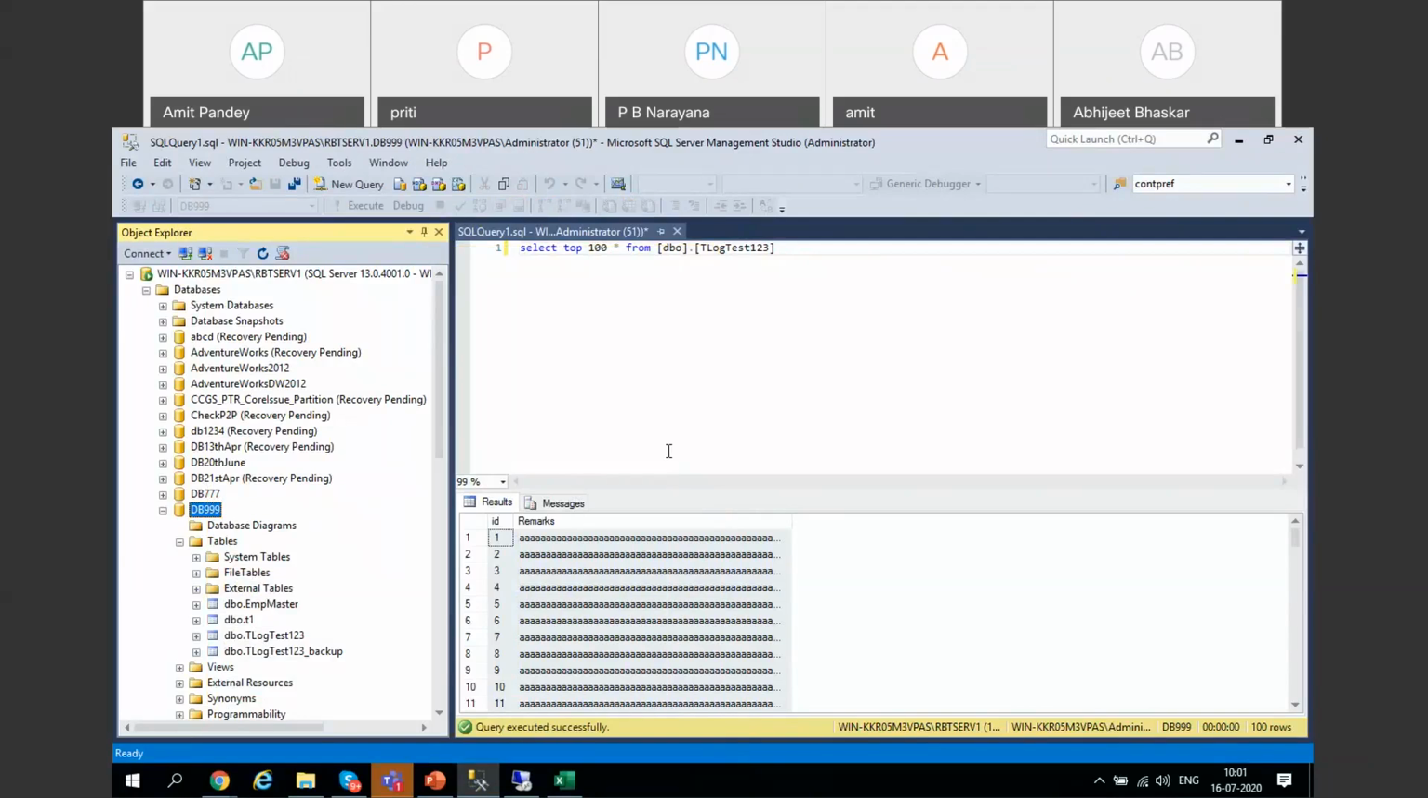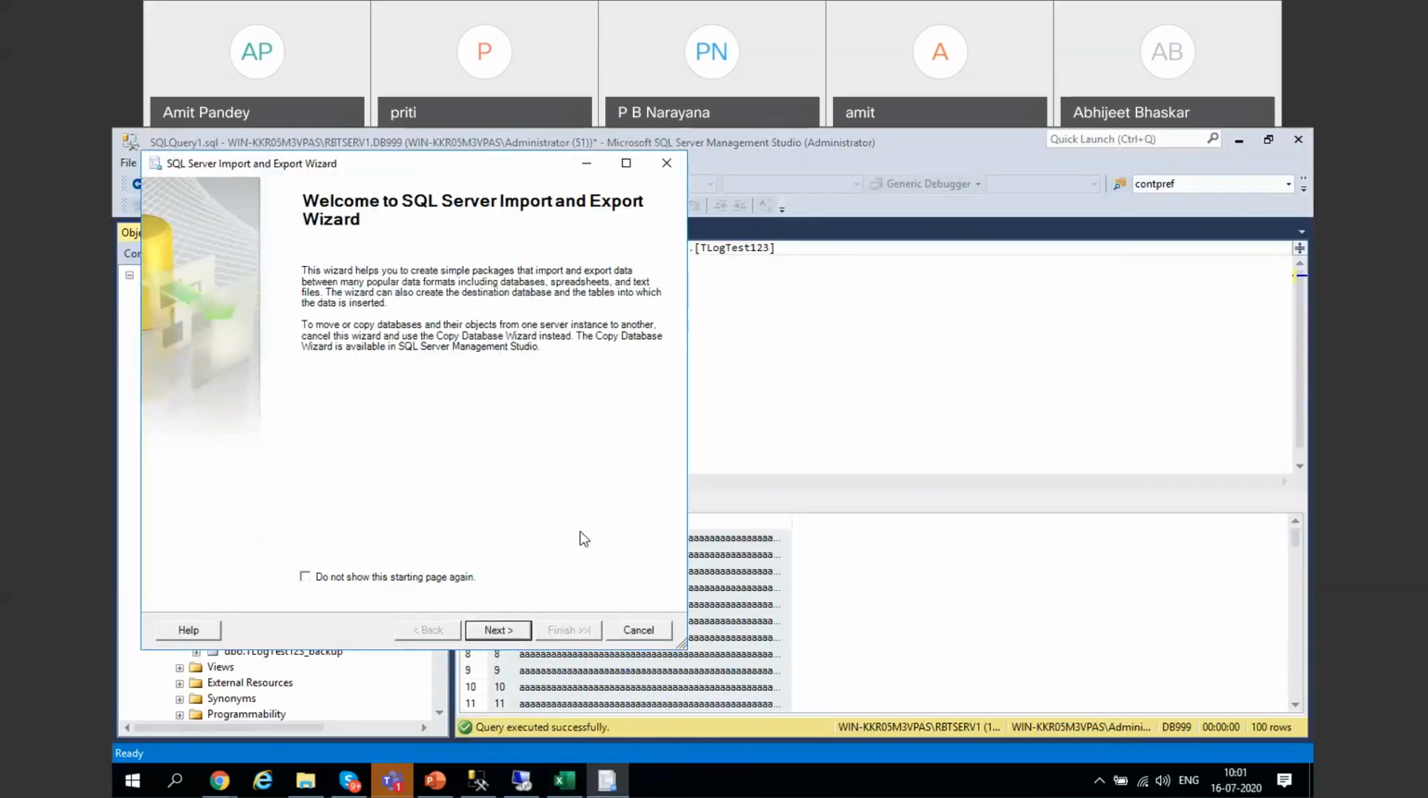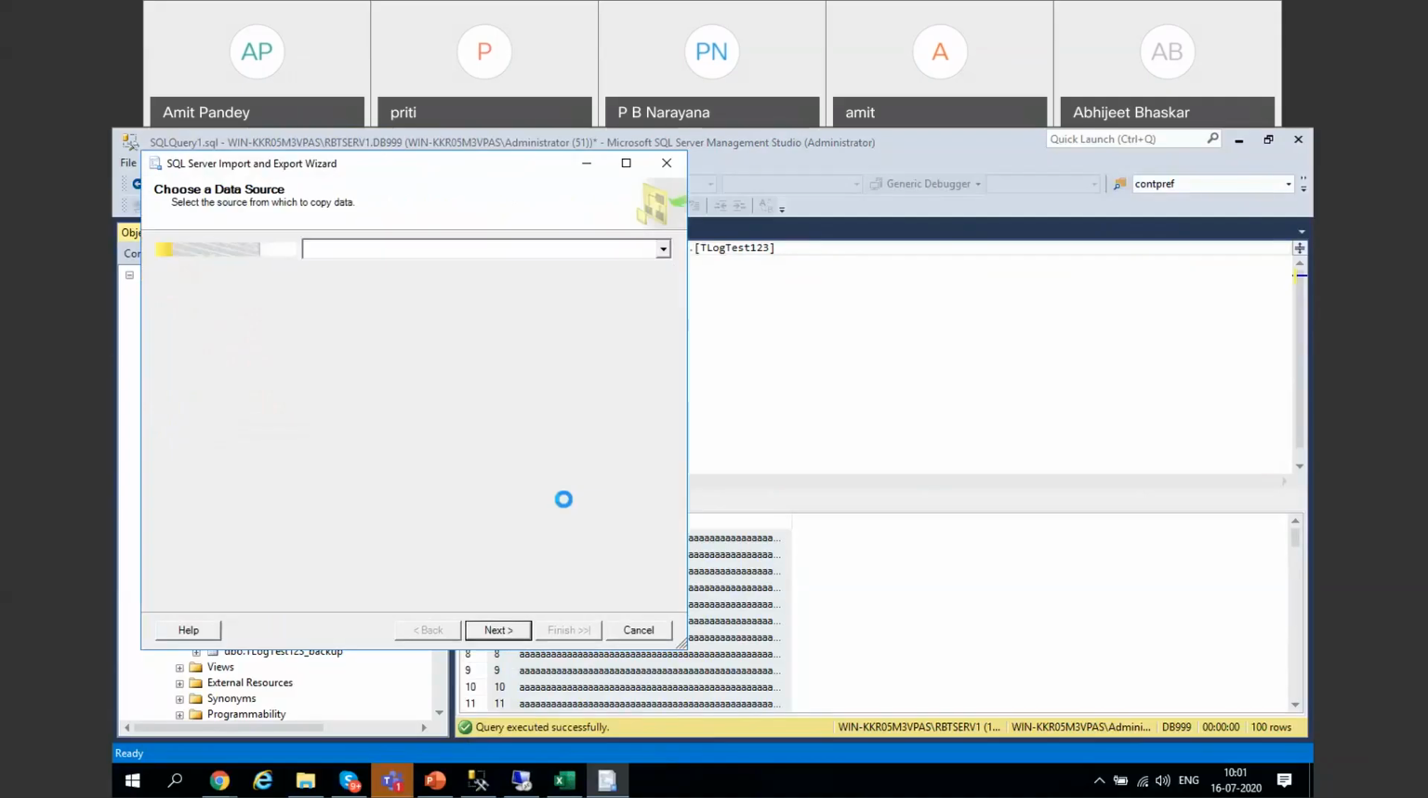When I click on export data or import data, I will get a wizard which will take me through some steps, and then we will be able to get the data. So this wizard will have first a welcome screen, skip it. Now you see, choose the data source at the top. Since I have chosen export,